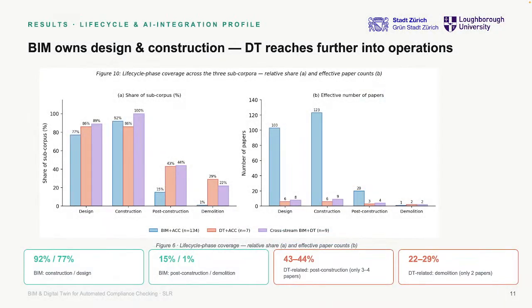So if we go now to the interpretation, and now I'm talking about my vision of the data, we can see first of all that BIM is mostly involved in design and construction and less in post-construction and demolition. And if we look at relative numbers, it feels like digital twin has better coverage on the life cycle perspective. But in absolute numbers, we can see that BIM is actually quite well represented, and digital twin is really the emerging frontier in terms of compliance checking within construction,